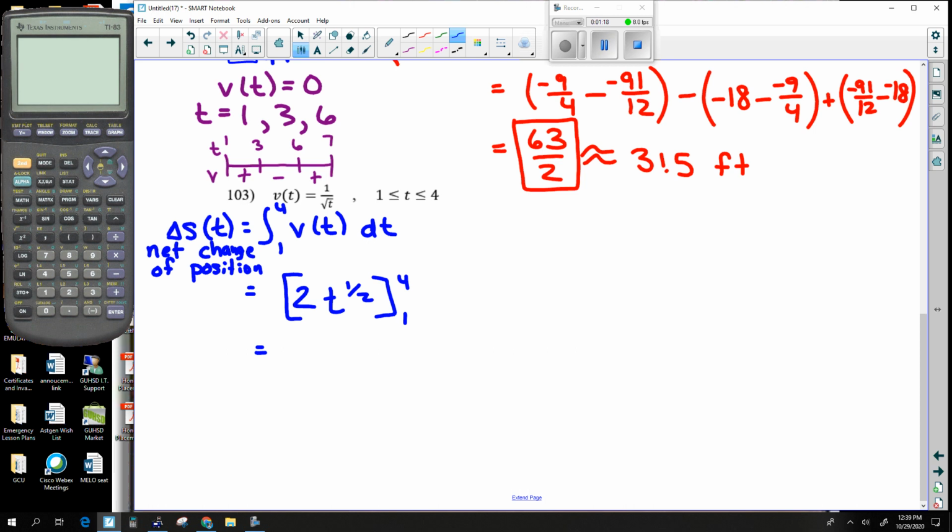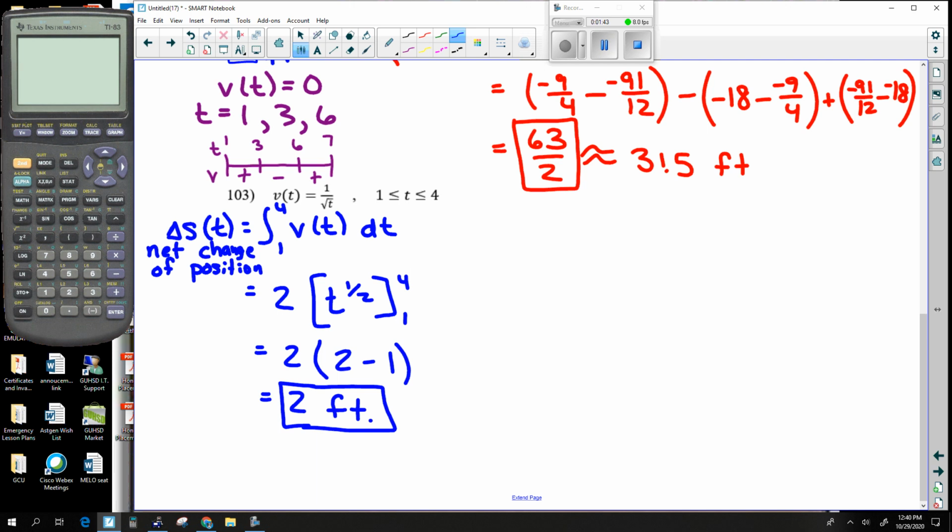And so this would be, should have taken the 2 out. So this is 2 times the square root of 4 minus square root of 1. All right, so the net change in position is, gosh, I keep forgetting, feet. Not going to pass the AP test that way. All right,